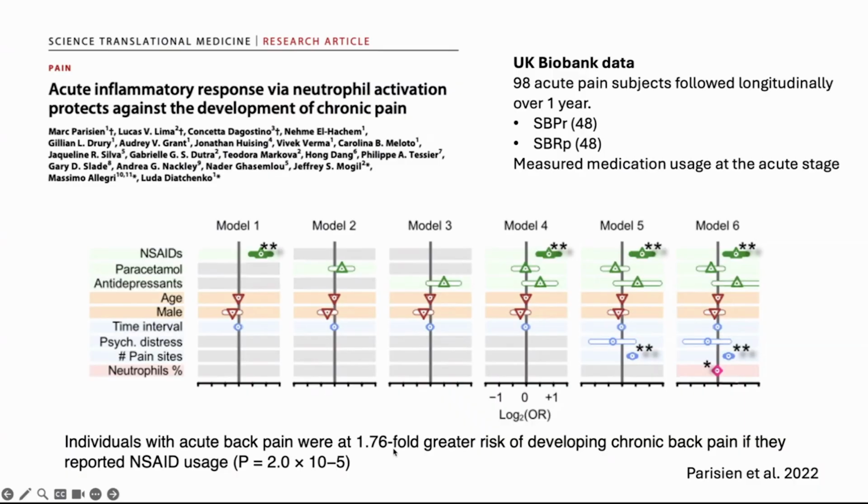And I have to say that this is quite striking. And although I'm not sure there is yet enough evidence to stop giving people NSAIDs after, for instance, a surgical procedure or an injury, this is still kind of like a developing story, but it's still quite striking to me. So at this point, I think we still need to understand the exact mechanisms a little better, but it is quite interesting that it seems like inflammation may play a key role in the development of chronic pain.